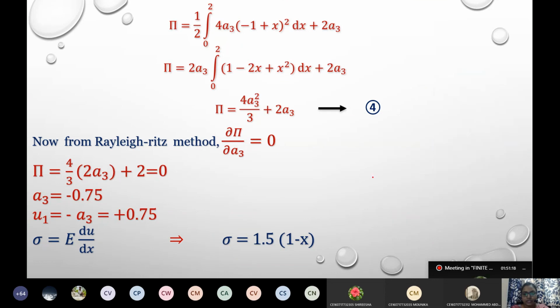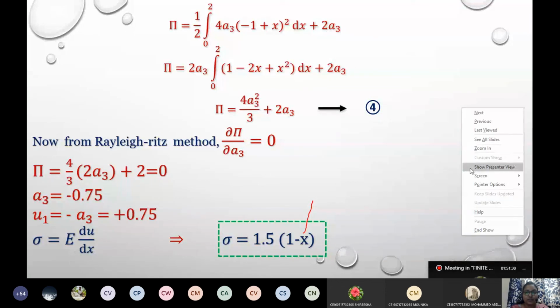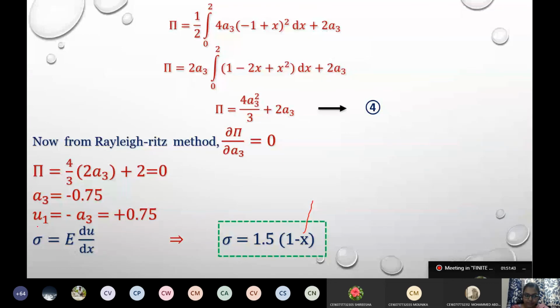That is the answer for the analysis, that is the completion of analysis of the given one-dimensional rod. We could give the relation between stress and strain at various points of X. So this is the final answer we could reach. If at all, where we reached here is also fine.